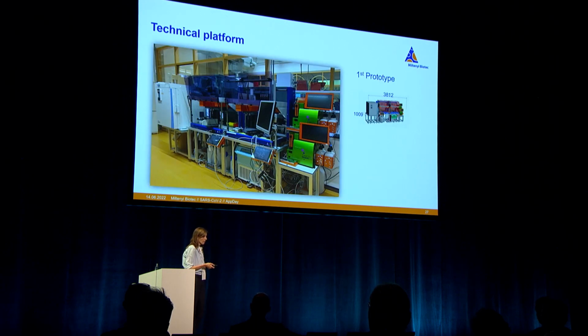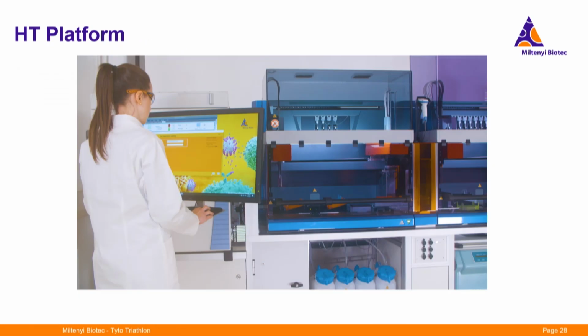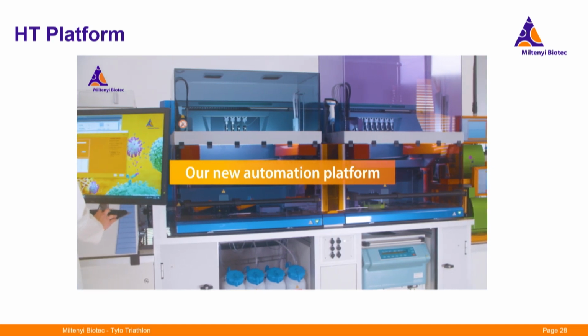And this is how it looks. That was our first prototype. Still a lot of cables floating around. But we also have this nice little video that I would like to show, where you can see those two decappers,